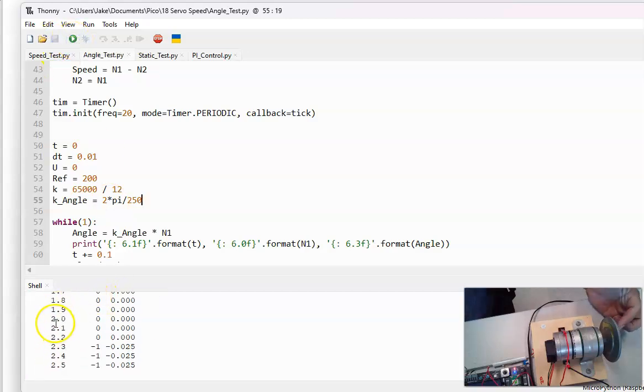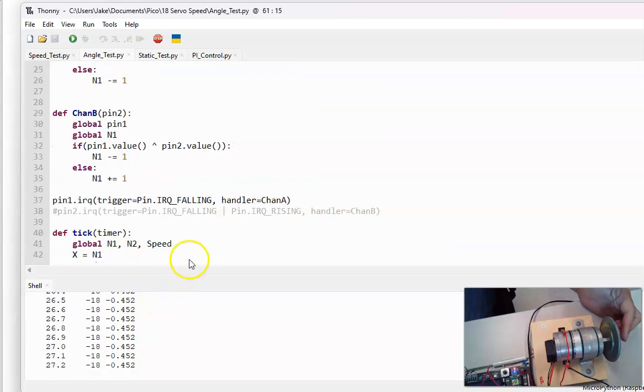If I then run that, the data is seconds, counts, angle, and radians. If I rotate it 1 time, so that's all the way around once, that was 2 pi radians, 250 counts, twice around, 500 counts, 3 times around, 750 counts. And if we go backwards, go back to 0. That's if I just count the falling edges. When I count both edges, falling or rising,